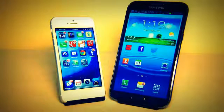The body on the iPhone 5 is, of course, 4.87 inches in height, 2.31 in width, and 0.30 inches in thickness. On the Galaxy Note 2, we're looking at a height of 5.95 inches, 3.17 in width, and 0.37 inches in thickness. You can see here, of course, the screen is much larger than the iPhone 5. The weight of the design is 3.95 ounces on the iPhone 5,